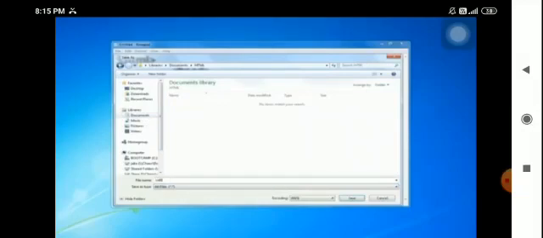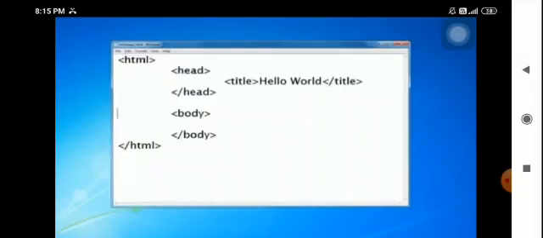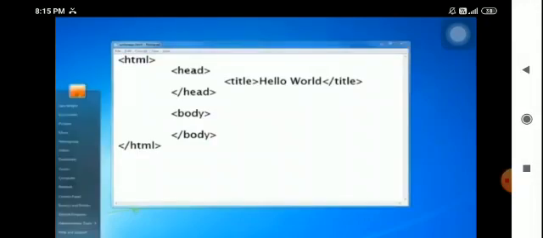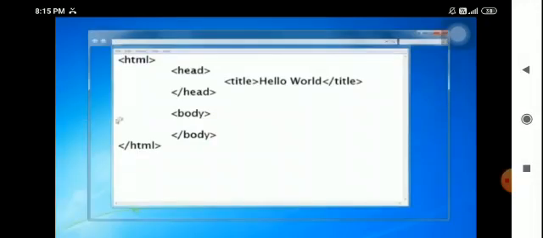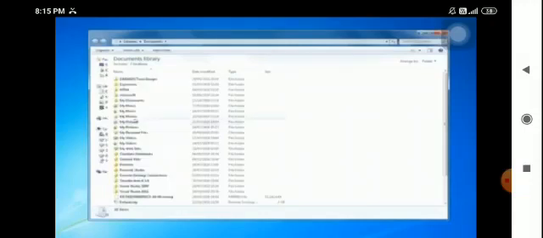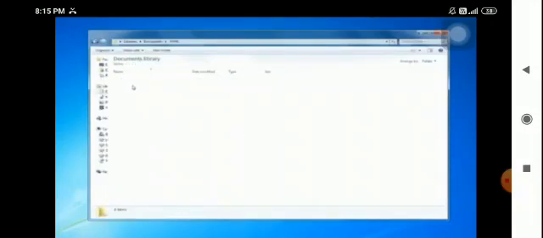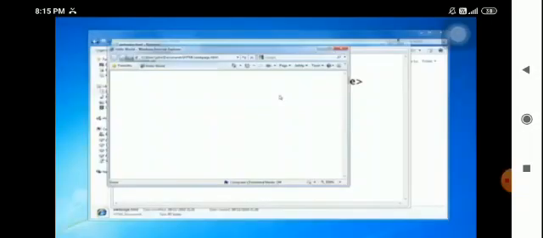Here I am opening a web browser. It will show a blank page with Hello World in the title bar. See here, it shows Hello World in the title bar.